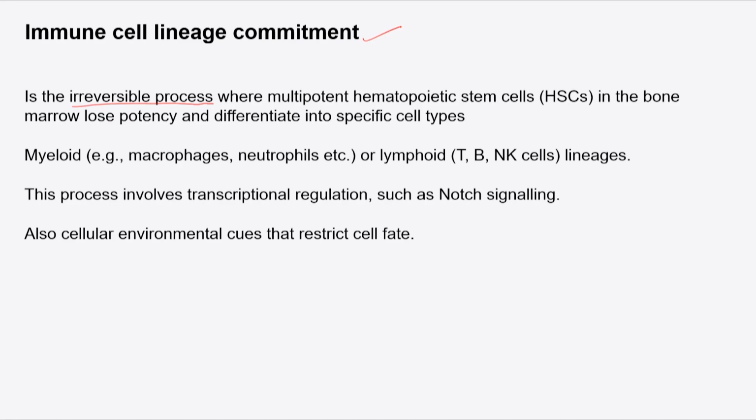And then again, you see different cell types coming out of this. We already looked into that the myeloid cell can form these cells of the immune system, and the lymphoid cell can form again the cells of the immune system, but the different lineages such as T cell, B cell, and natural killer cell. Now, as I said, these are highly regulated processes, and most of the processes we will